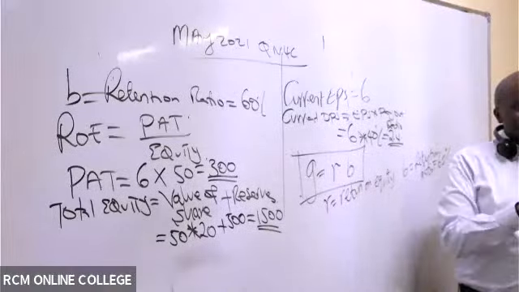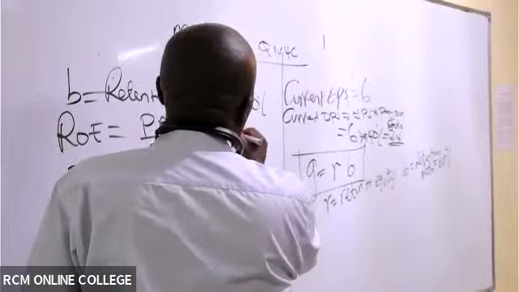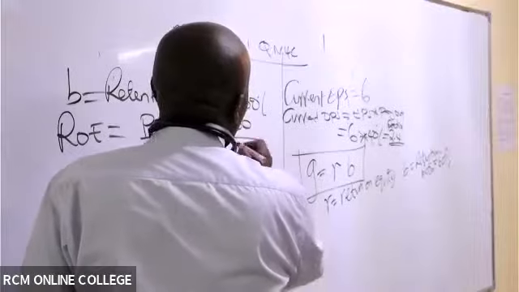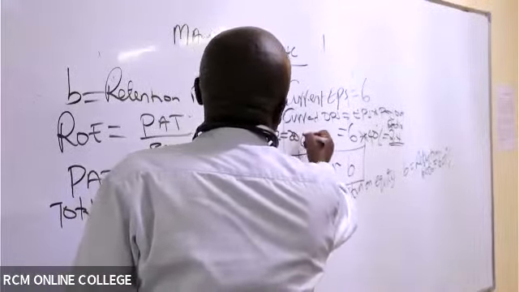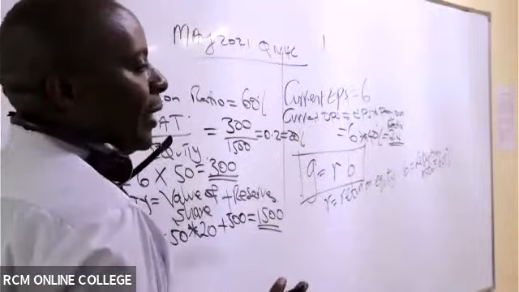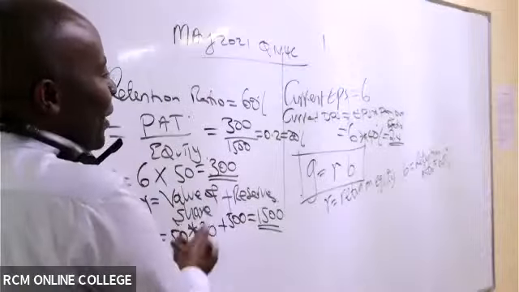20%. It is not 0.10 something, isn't it? Yeah, it is not. So return on equity is profit after tax, which is what here? All over what here? 50, which gives me 0.2, which is the same as what here? 20%. I'm sure as we start, this will look a little bit tricky, but you'll love it because they